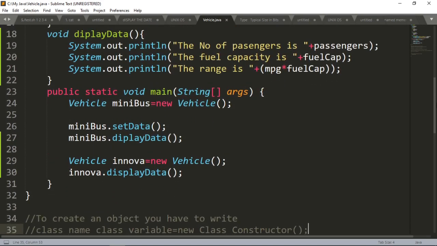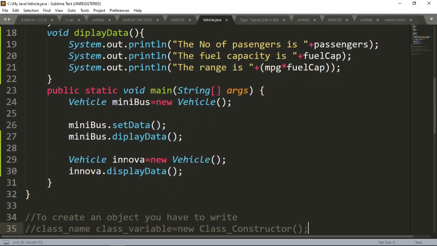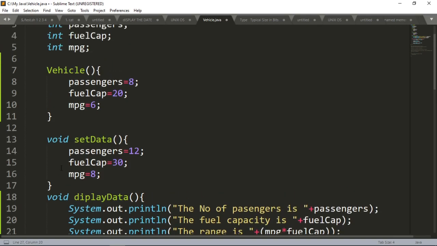Oh, sorry, this is a typing mistake. Here you have to change the function name. I have written the wrong spelling of display data, so that's why it is giving me an error.